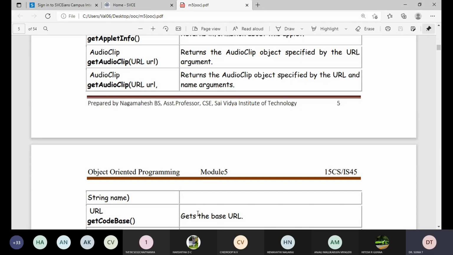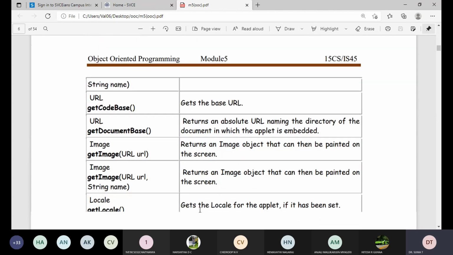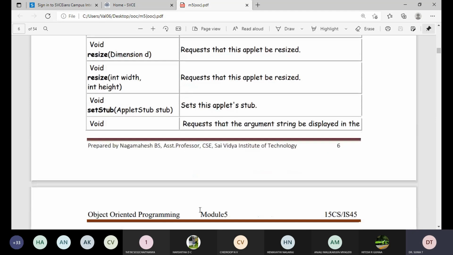One more getAudioClip returns the audio clip object specified by the URL and the name arguments. So the first one returns only the clip specified by the URL argument, and this one returns the audio clip object specified by the URL and the name.